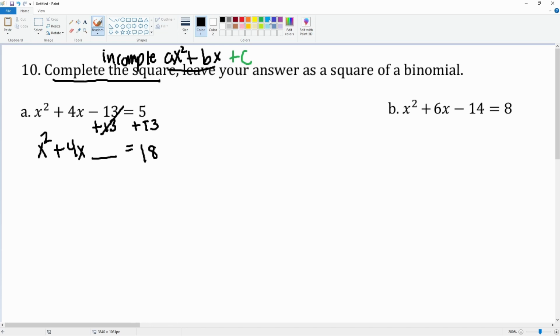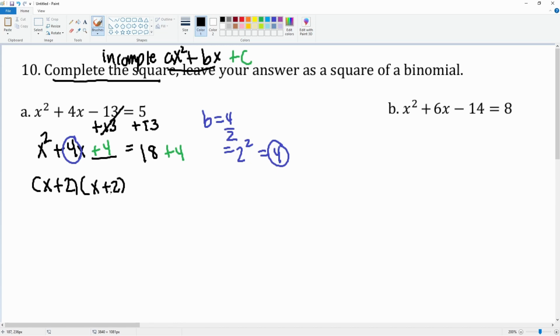Now you can actually complete the square. Here's the b term: b equals 4. We divide that by 2, that becomes 2, we square that, that becomes 4. So that is the constant, and we add 4 to both sides. If you factor this, it becomes x plus 2 times x plus 2, but they're the same, so we can just write it as x plus 2 squared is equal to 18 plus 4, is